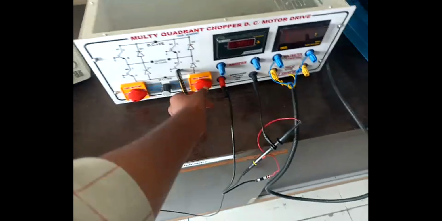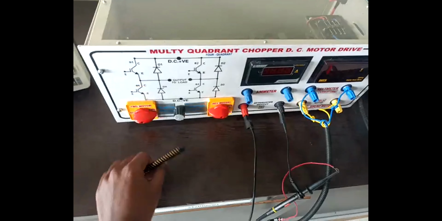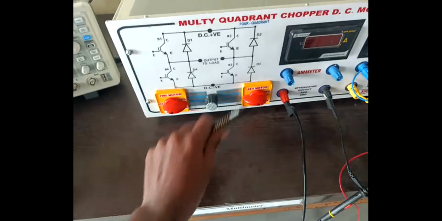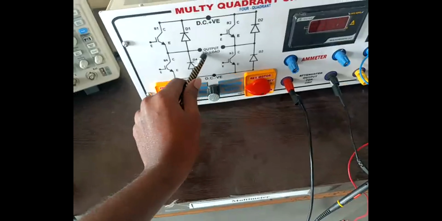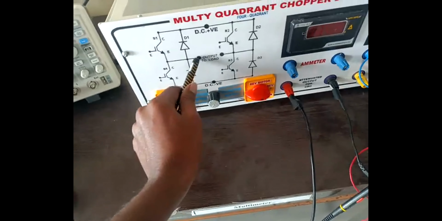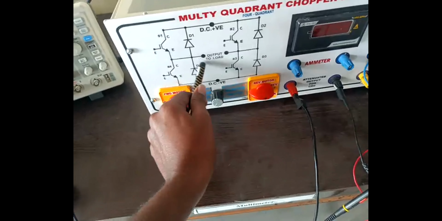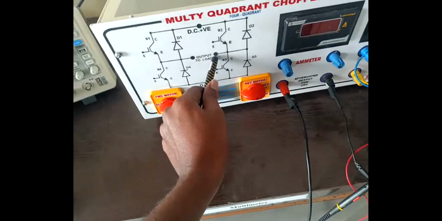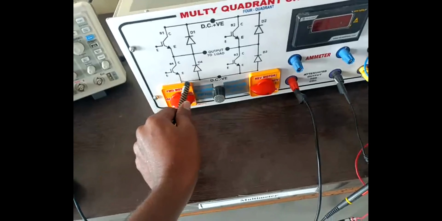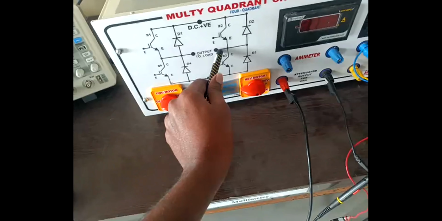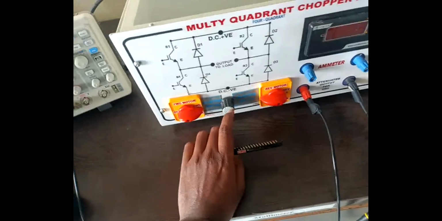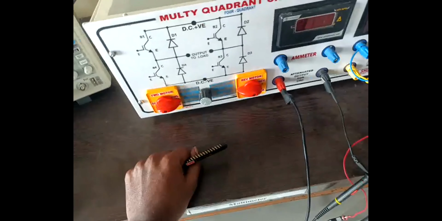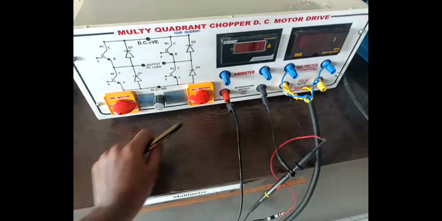So now again the switch is moving like this. Whenever the switch is moving, we are going to turn off one switch. So still the current is flowing through the motor, because some amount of energy will be stored in the inductance, and that energy will be released through S4, D3 and the motor terminals. Clear? But the speed is going to be decreased and the motor is going to be stopped because the supply is disconnected when switch S2 is turned off. Clear? So this we are going to see here.